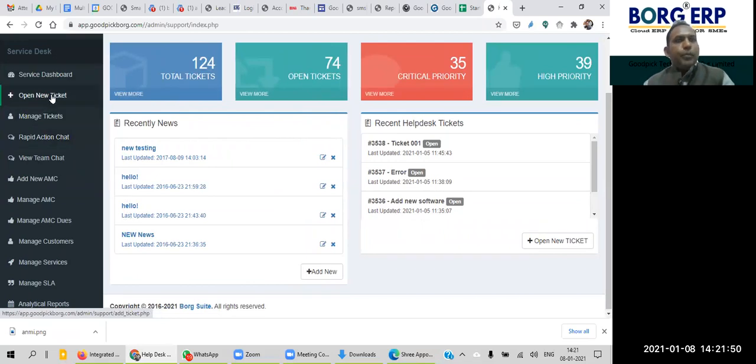Then the second one is open service desk. Okay, open service desk means open a new ticket, sorry. Open new ticket means when you are interacting with your customer, or any customer is interacting with you, for example.